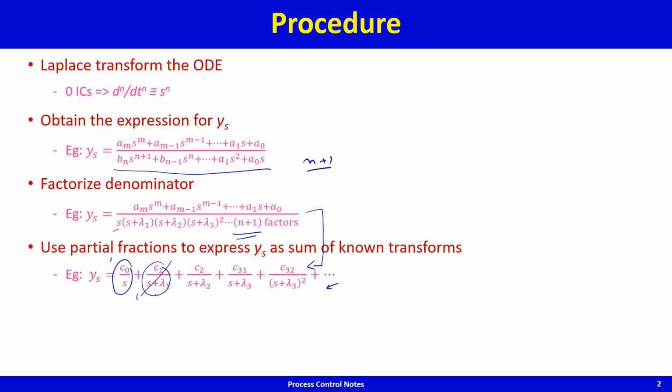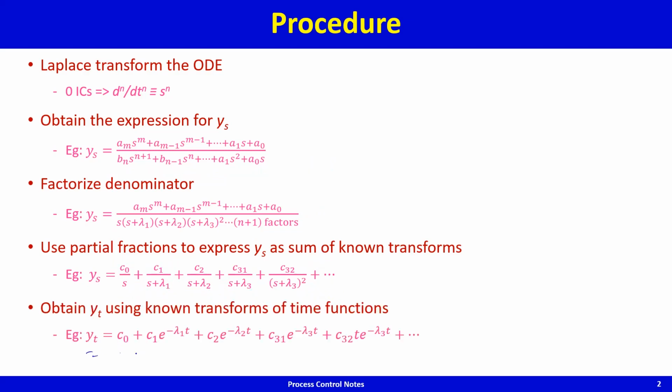This is the Laplace transform of e to the power minus lambda 1 t. This is the Laplace transform of e to the power minus lambda 2 t. This is the Laplace transform of e to the power minus lambda 3 t, and this square is the Laplace transform of t e to the power minus lambda 3 t, and so on and so forth. So you factorize the denominator and use partial fractions to express y of s as a sum of known transforms, and then you use these known transforms to obtain y of t. So this is the basic procedure, and now we will apply this procedure to solve some very simple